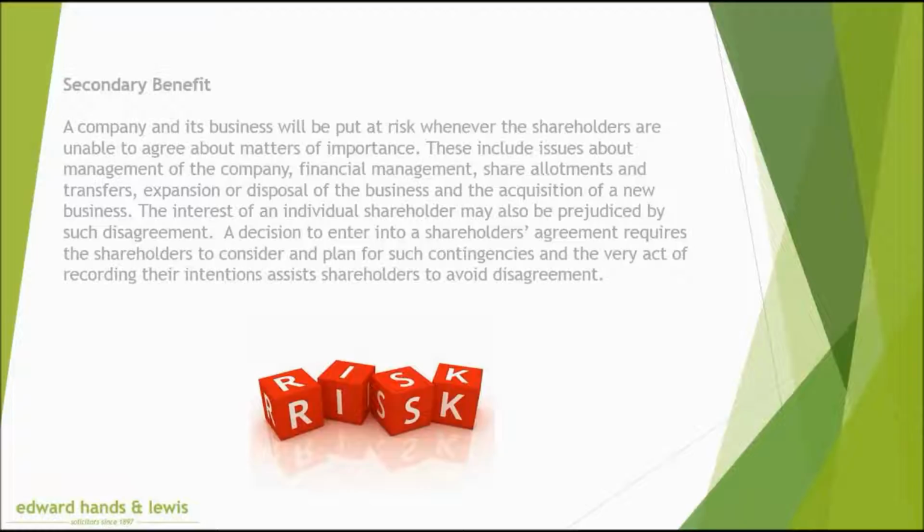However, it can be amended by a 75% majority of shareholders present and voting at a members' meeting, which renders a minority shareholder vulnerable. It's also the case that the articles are a public document and accordingly available for anyone to obtain a copy of from Companies House. A shareholders' agreement, on the other hand, is a private document.